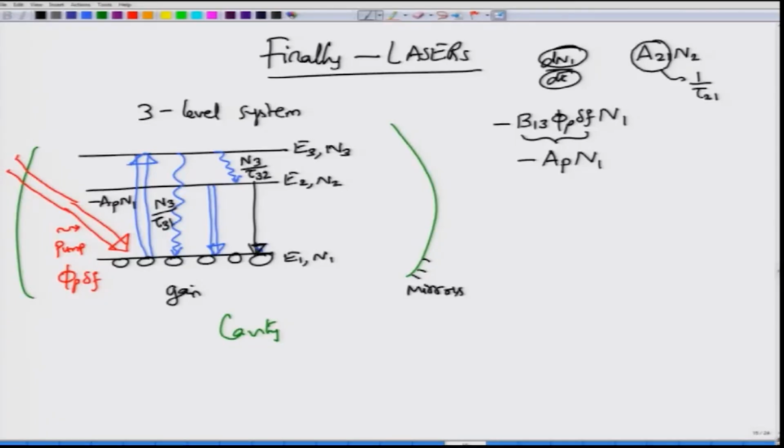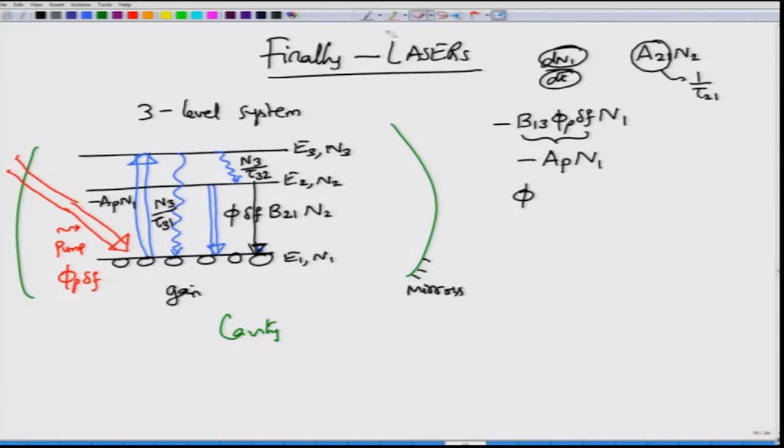From E2 to E1 you have two more interactions. One is that E2 atoms drop down to energy level E1, and that one will be phi p delta F B21 times N2. I have written this as phi p delta F B21 times N2 as the stimulated emission case, and just like the previous one,